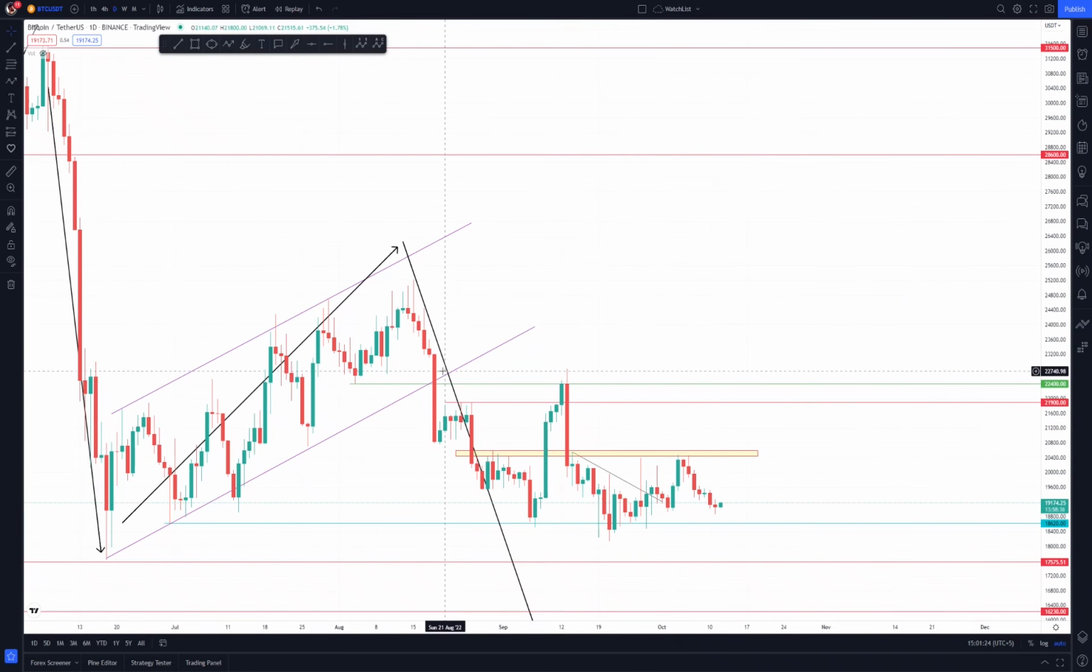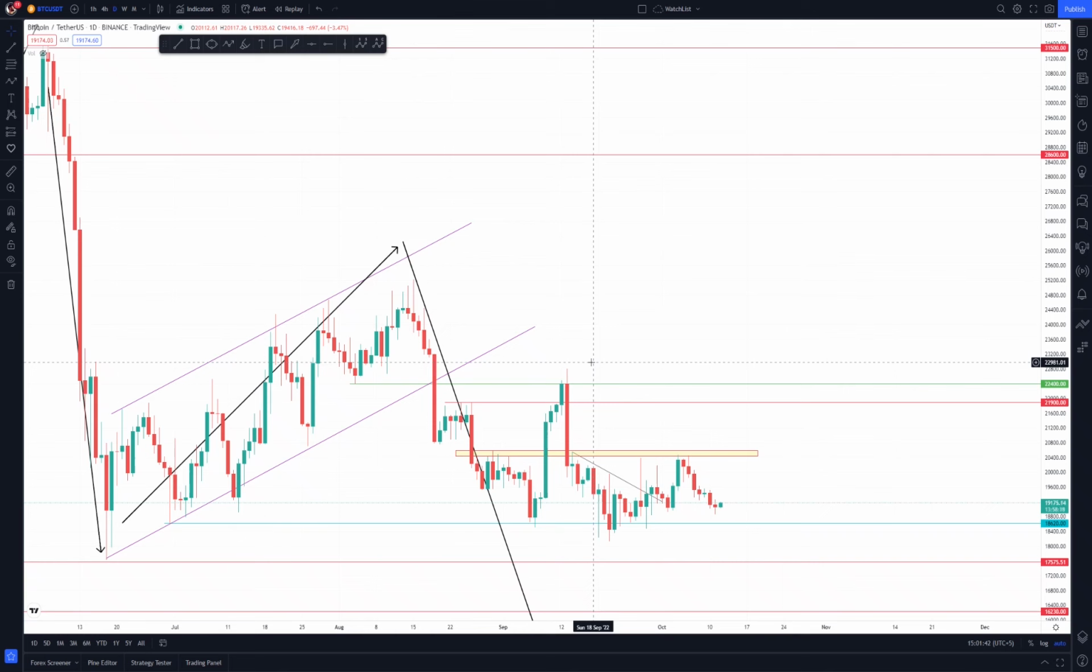So recently the market broke the structure, broke the channel, and moved down. Once it started moving down, it got rejected from our first target, which was the 18,620 price area, and it made a huge move towards the upside. Then it got rejected from